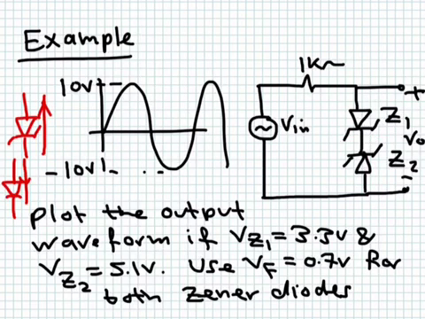Okay, but for this to happen, you must have a voltage drop here, and a voltage drop here. This is forward bias, so this one will be 0.7. This one is a breakdown region, this one will be, as we said, 5.1. So if the input voltage exceeds 0.7 plus 5.1, which is 5.8, then a current will start to flow